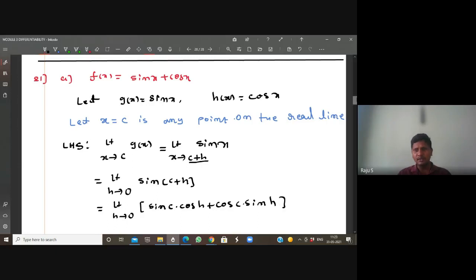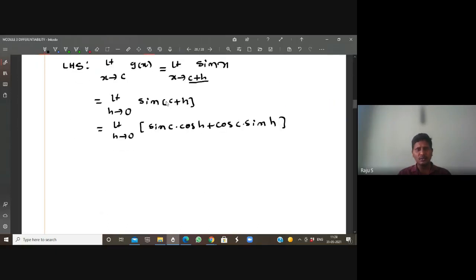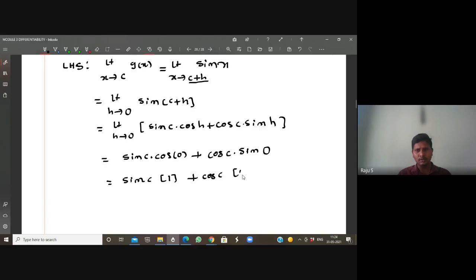After substituting, now in place of h substitute 0: sine c into cos 0 plus cos c into sine 0. Since cos 0 is 1 and sine 0 is 0,